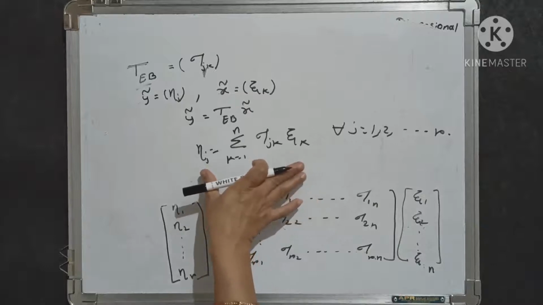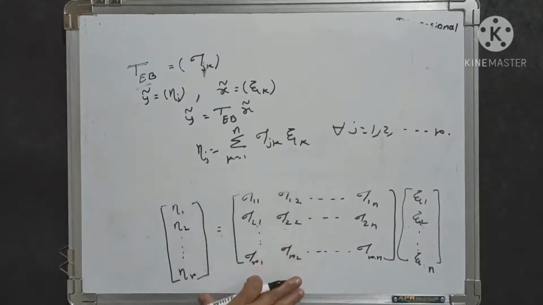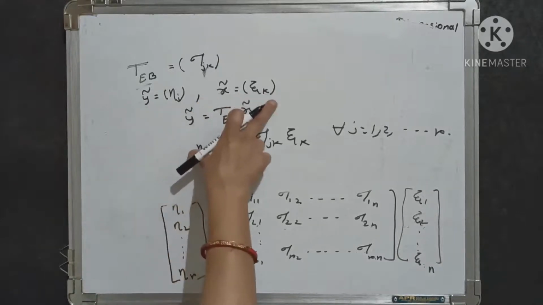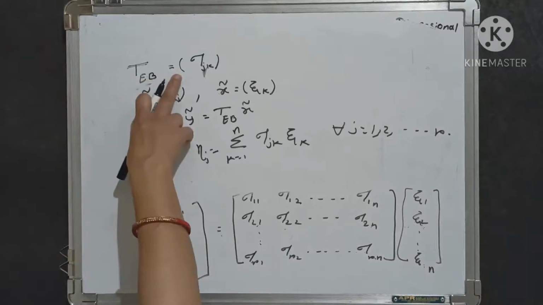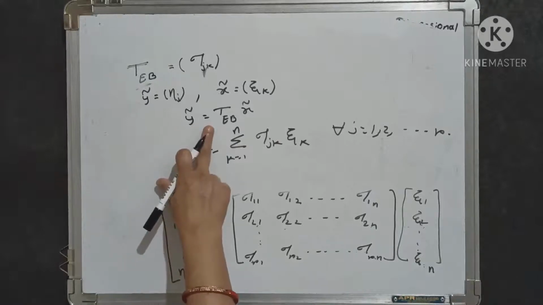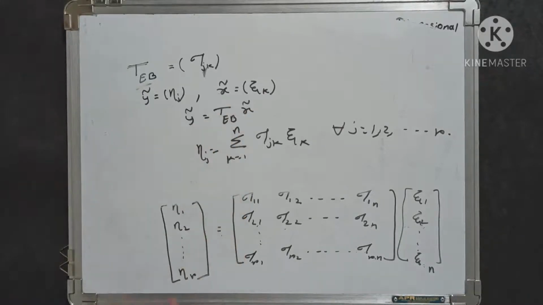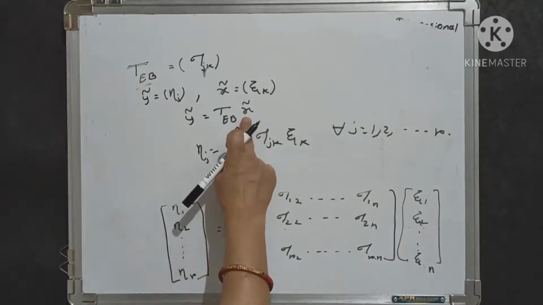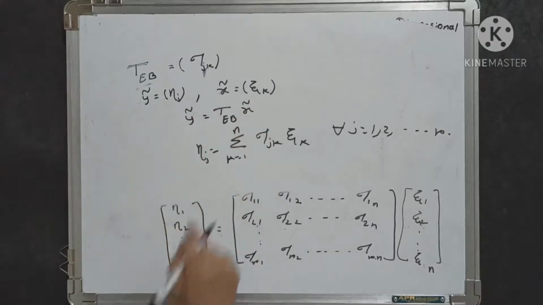We write down this equation in terms of matrices, giving the column vectors as y tilde equals eta j, x tilde equals psi k, and the matrix T_EB equals the matrix tau jk. We get the equation y tilde equals T_EB times x tilde, where y tilde is again a column vector eta j, x tilde is the column vector psi k, and T_EB is the matrix. That means here, if a basis E for X and a basis B for Y